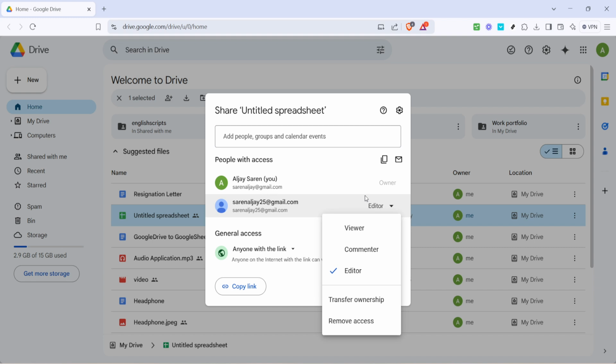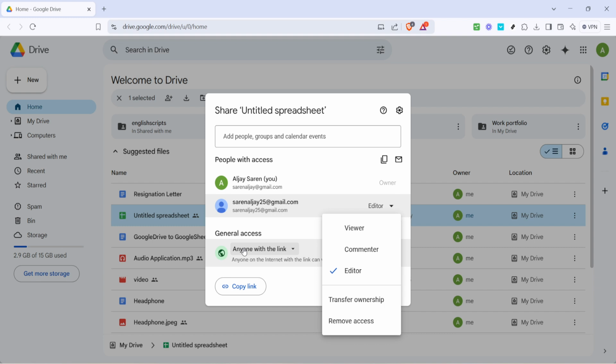Now with the selected person set as an editor, you'll see the Transfer Ownership option appear. Click on Transfer Ownership, which will prompt Google to confirm your decision, because this action allows the selected person to do almost anything with the folder. Delete it, change permissions, and further share it. Make sure that's what you want before finalizing this step. It's always good to double check with your intended recipient that they're ready to accept ownership.